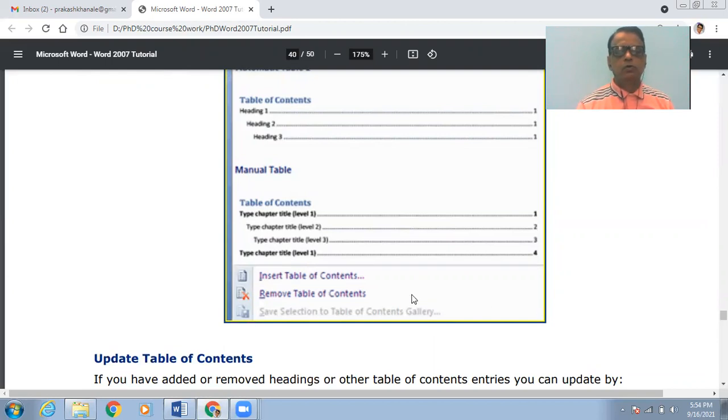Whenever you want to remove this table of contents, it can also be removed by clicking on this